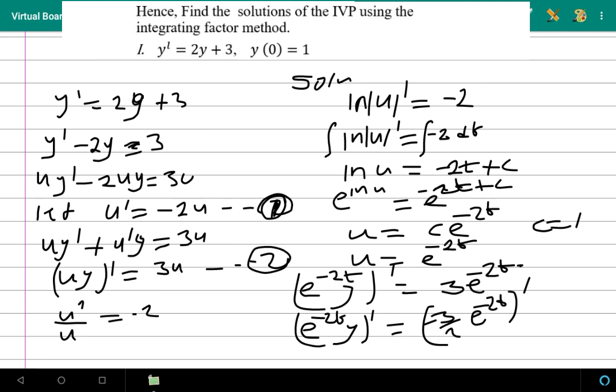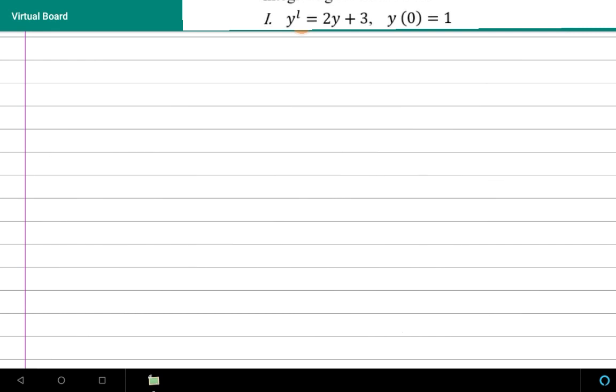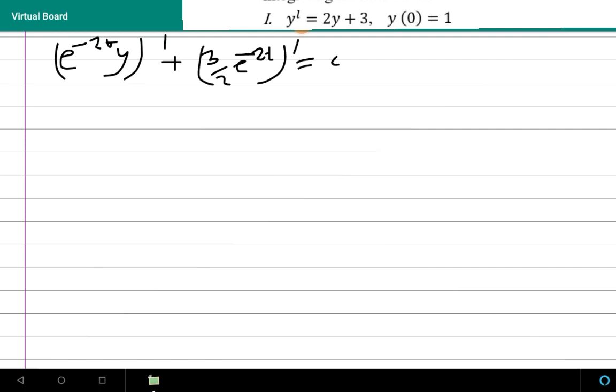Now, after you have done this, you group like terms. So I now have (e^(-2t) y) prime plus, it was negative, coming to the left hand side it becomes positive, 3 over 2 (e^(-2t)) prime equal to 0. Factorize everything inside the bracket. I have (e^(-2t)(y plus 3 over 2)) prime equal to 0. So the potential function,